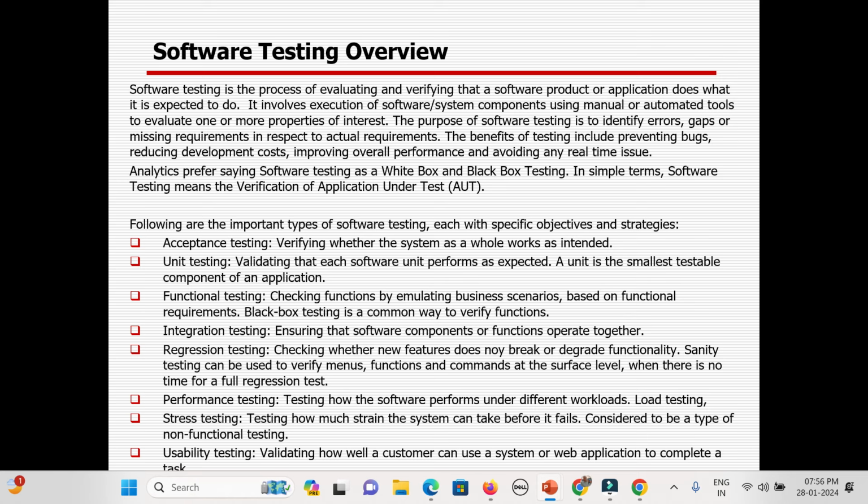And in case you are retesting the defect and you find that it is not working, it will be reopened and you will assign it to the developer. That is the way the bug or defect life cycle works, where development, testing, and other stakeholders will be involved. There might be daily calls or weekly calls, and defect calls might be there.